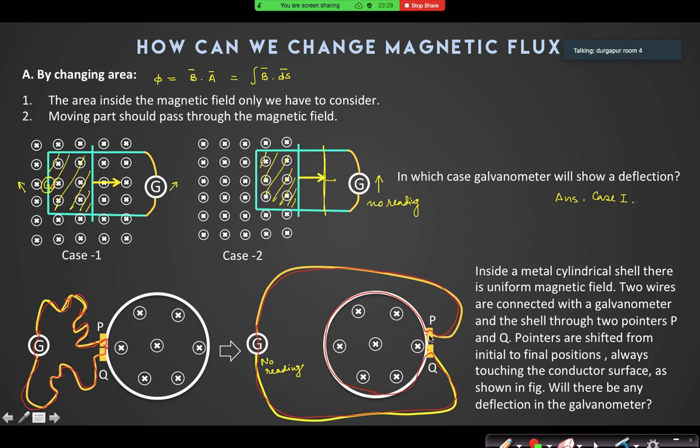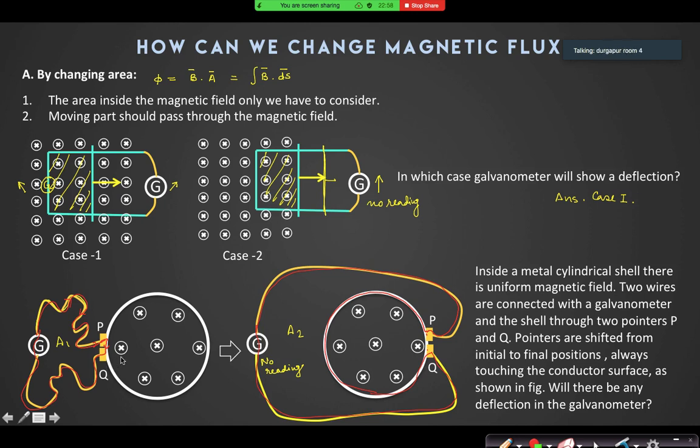But the question says that you are crossing this entire ring by touching always the conductor. So, if you are doing this, now you can see that in this area A1 and in this area A2, is there any magnetic flux linkage between final and initial positions? No. So basically there is no flux linkage at all.